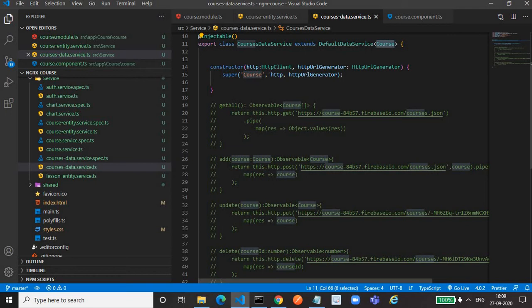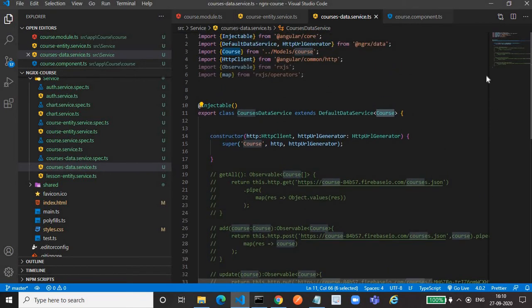In the constructor, we have to create an instance of HTTP client as well as HTTP URL generator. This HTTP URL generator as well as the default data service are being imported from ngrx/data. Then we have to call the super function. We have to provide the entity name, then HTTP, then HTTP URL generator. Then we will write the functions to override.